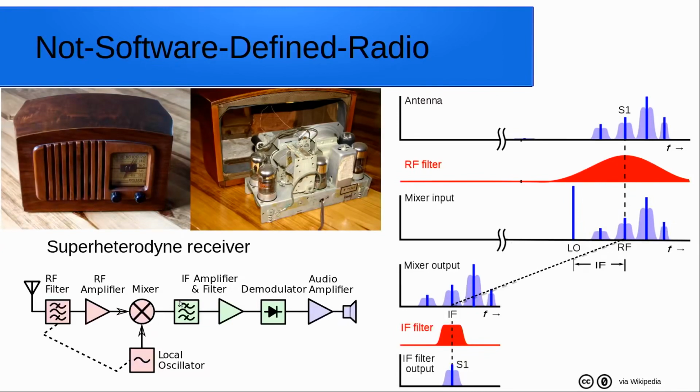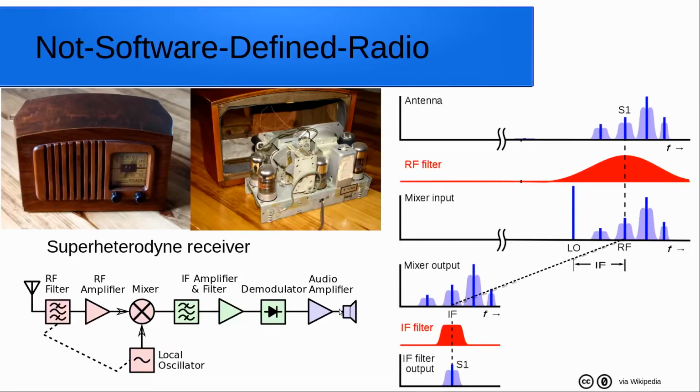The LO frequency of this mixer, the local oscillator frequency, is always chosen in such a way that the wanted signal always falls in the same intermediate frequency. With this you can have a very sharp filter here, the IF filter. So at your IF filter output you only get the wanted signal, which then after the filtering, again some amplification,